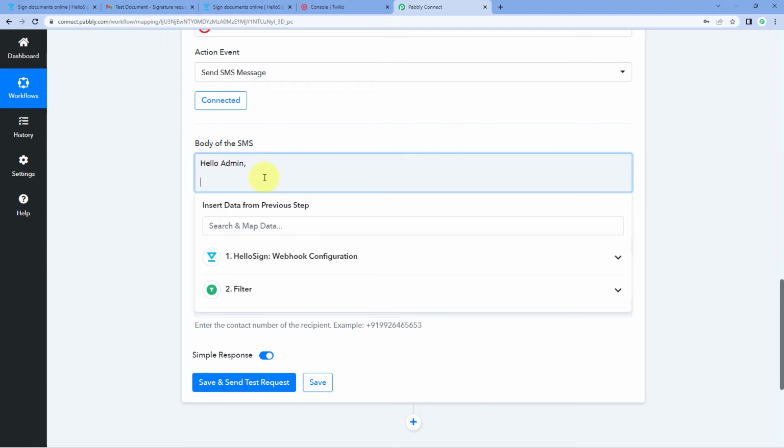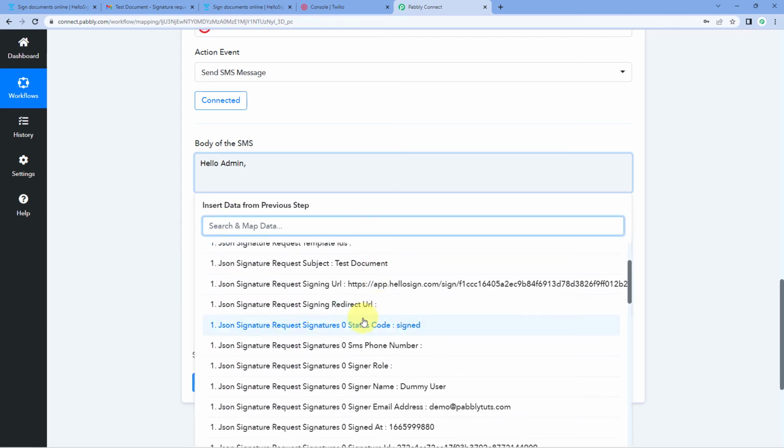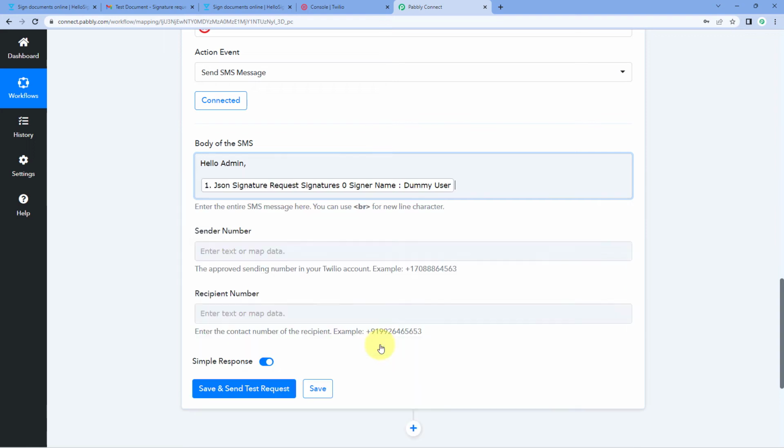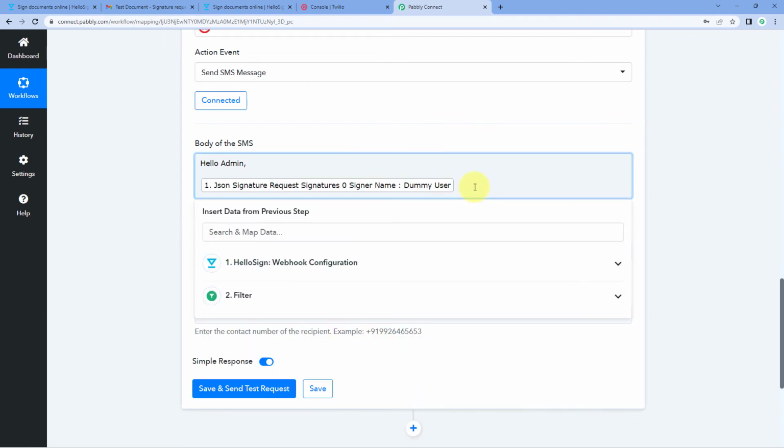And then here I want my message to mention the name of the person who has signed the document. So here we have received the name of the person from the responses of HelloSign. So from this, in the dropdown below, we can see all of these responses. Out of all of these responses, select the response of the name of the user and map it. So whoever user will sign the document, we will get his name in the response and we will map that response over here. So I want my message to be hello admin dummy user, meaning the name of the person who has signed the document has